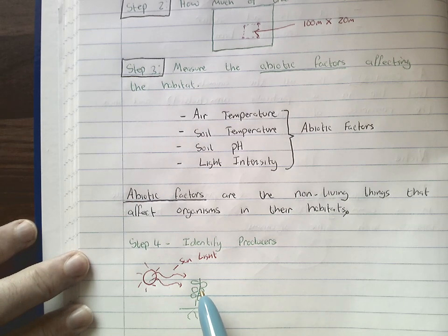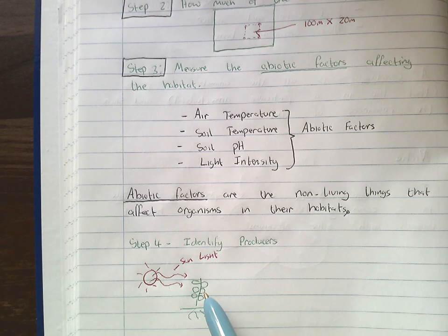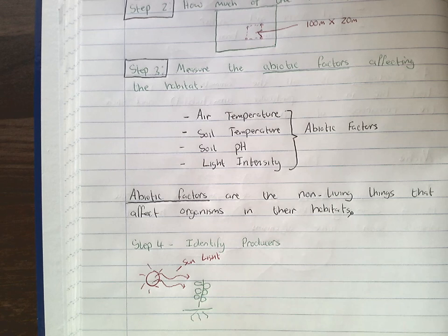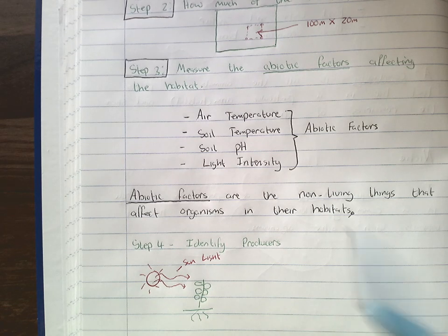And through the process of photosynthesis, they're able to convert this sunlight. They're able to take the energy from the sun, and convert it into food. And this process is what we call photosynthesis. So, what are producers then? If we're to look at the definition of a producer,